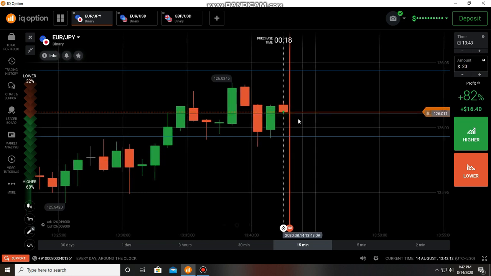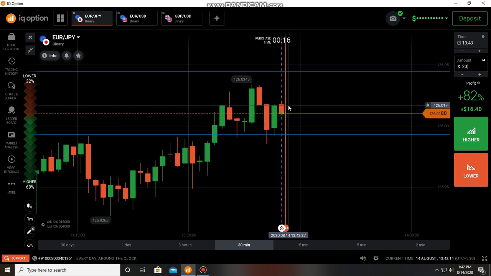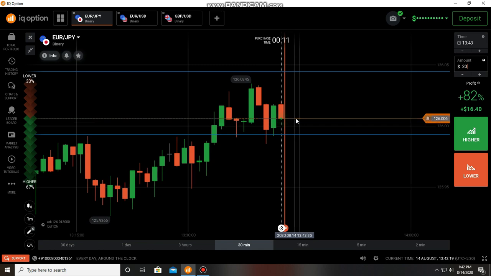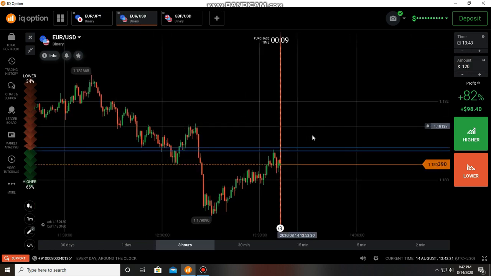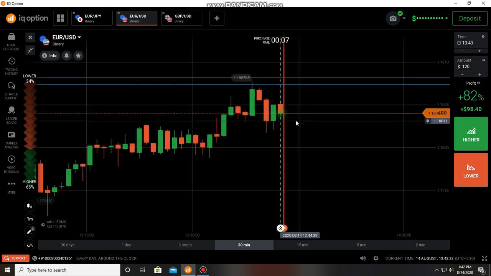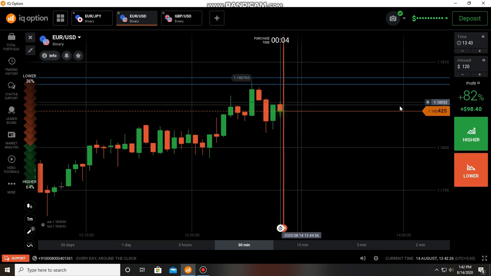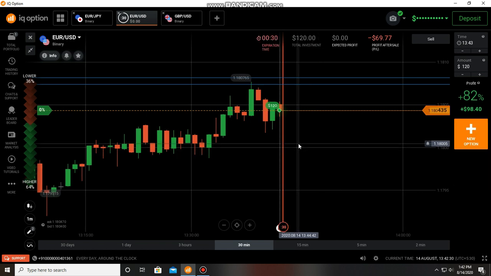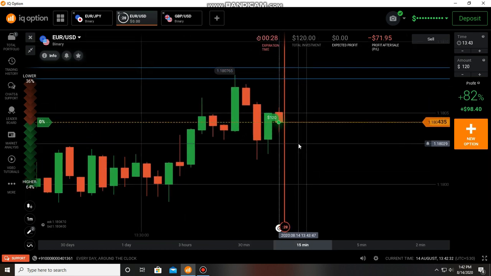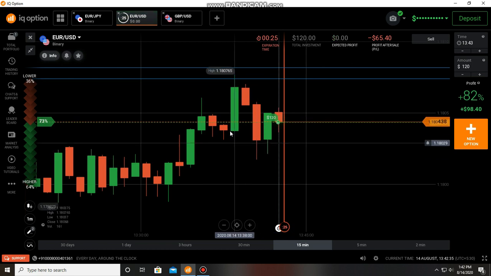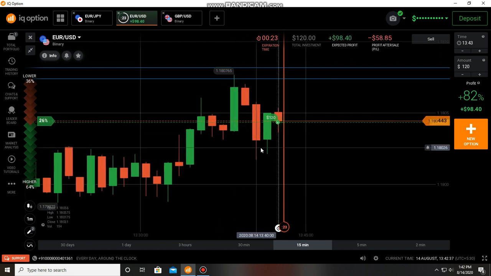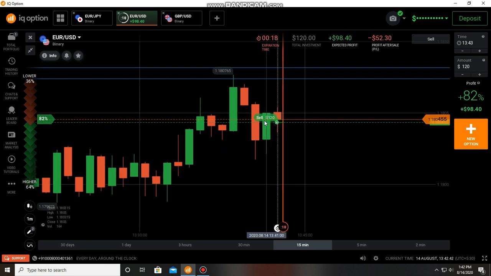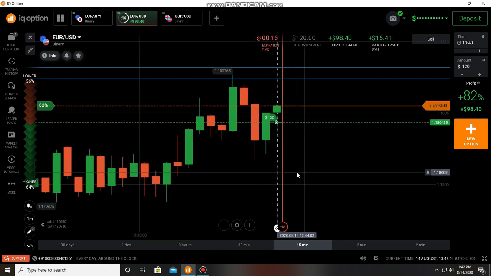Here the next one should be 99% bearish because here the market reversed directly without reaching the buyers area. So it will only pull back. Here we can go to the buyers because there is no upper rejection in the previous candle. So I'm going to place a call option. I placed here a call option because in the previous bullish candle there is no upper rejection. It indicates there are no sellers interested there. That's why I placed here a put option. Sorry, I placed here a call option.